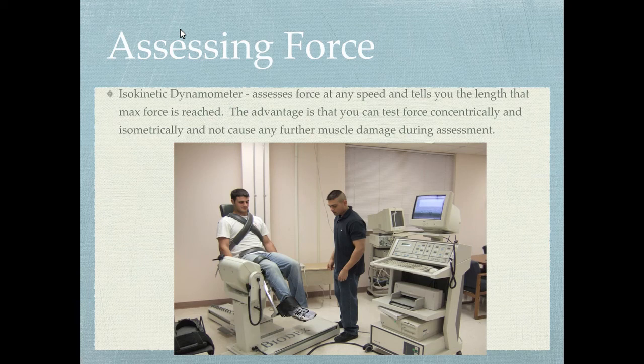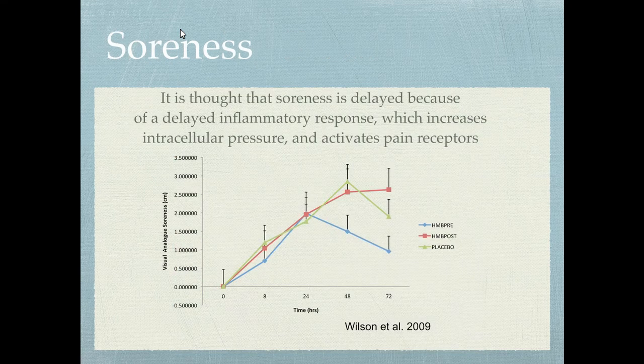Other components that we see with damage, this is me back in grad school here, creating muscle damage with an isokinetic dynamometer. We dealt with these individuals. We had them do maximal eccentric contractions, 55 contractions. Now what happens is